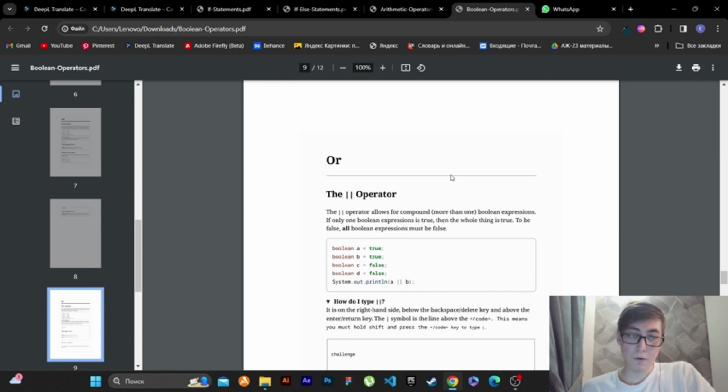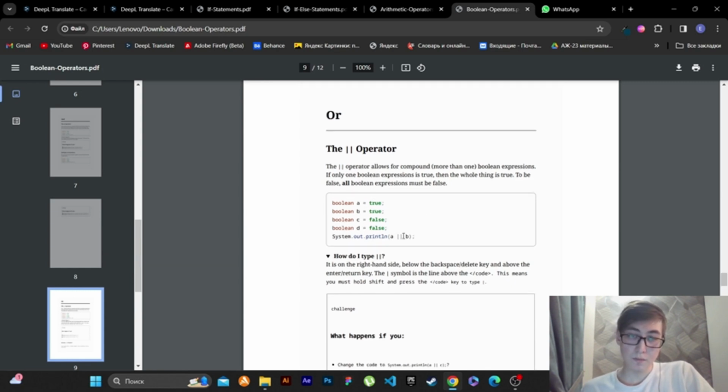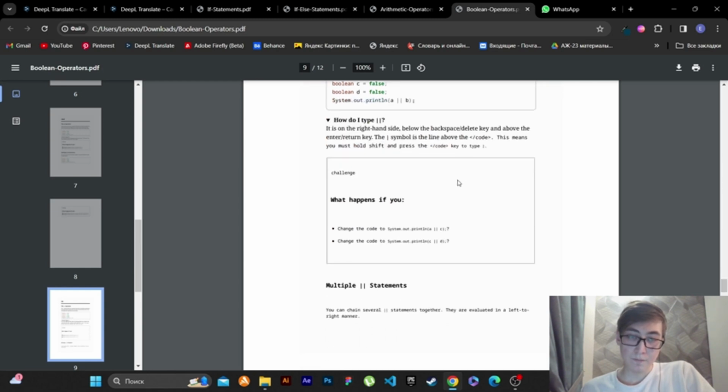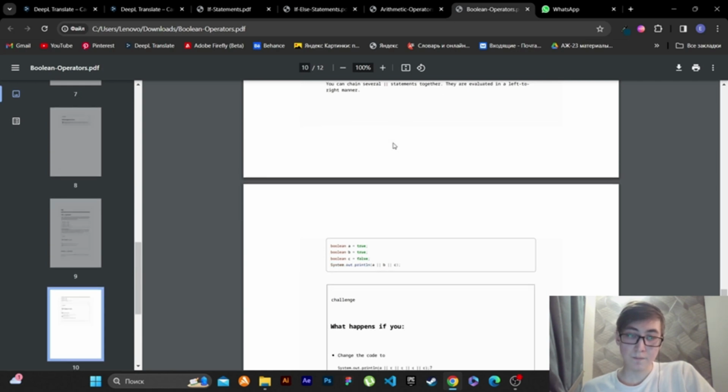The OR operator allows for compounding more than one Boolean expression. If only one Boolean expression is true, then the whole thing is true. To be false, all Boolean expressions must be false. For example, boolean A = true, B = true, C = false, D = false. System.out.println(A || B). You can chain several OR statements together. They are evaluated in a left to right manner. For example,